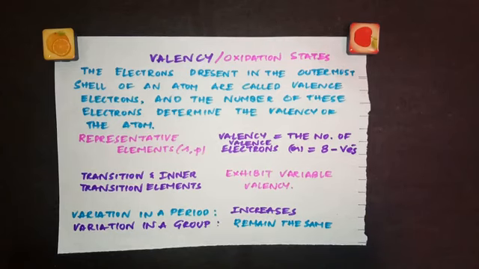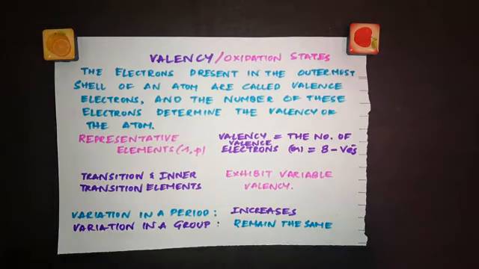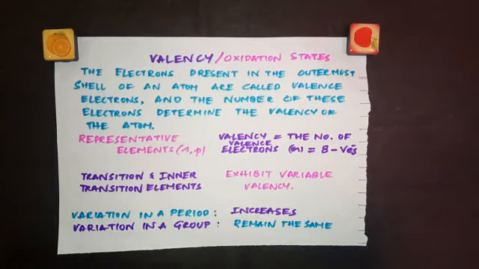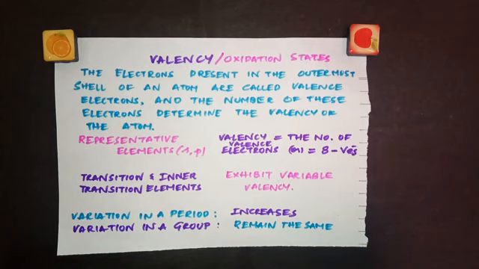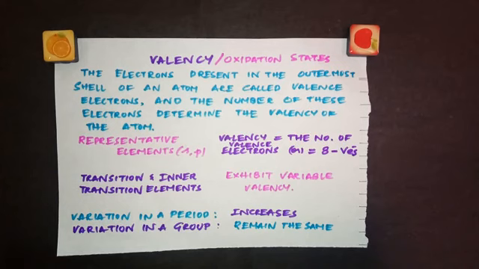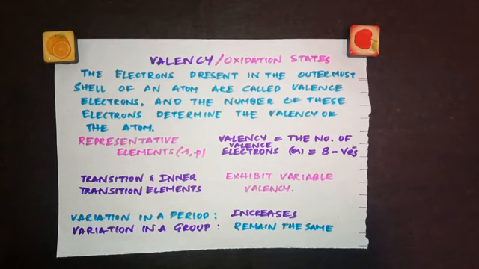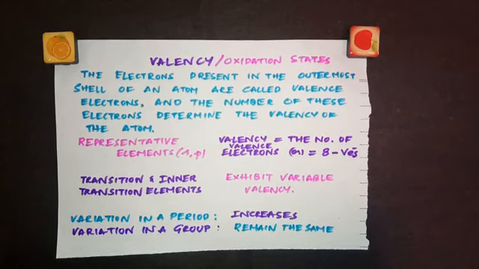So now let's see all these elements in the periodic table blockwise, and what are their valencies. I've told you S and P block elements are together called as representative elements. D block elements are called as transition elements, and F block elements are called as inner transition elements. So in the case of representative elements, the valency of an atom is generally equal to either the number of valence electrons, which means the number of electrons in the outermost shell, or equal to 8 minus the number of valence electrons. I'll show you that with an example.